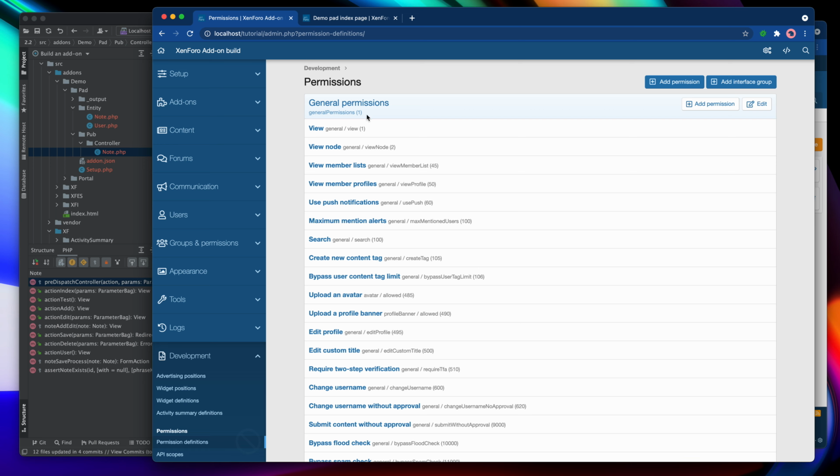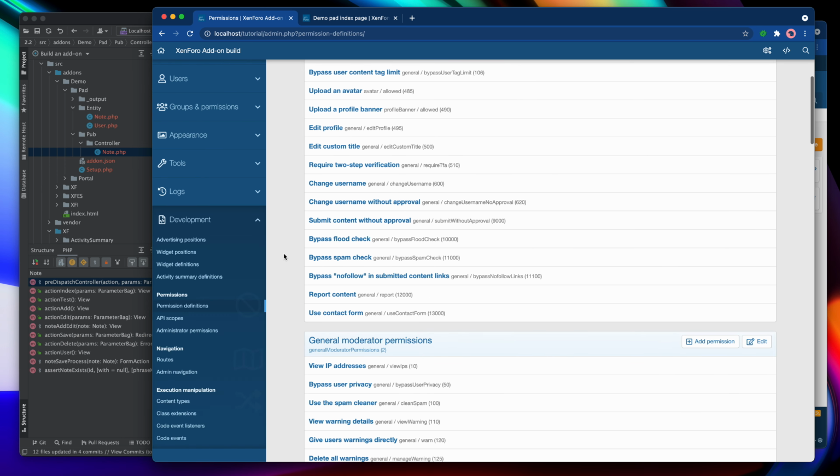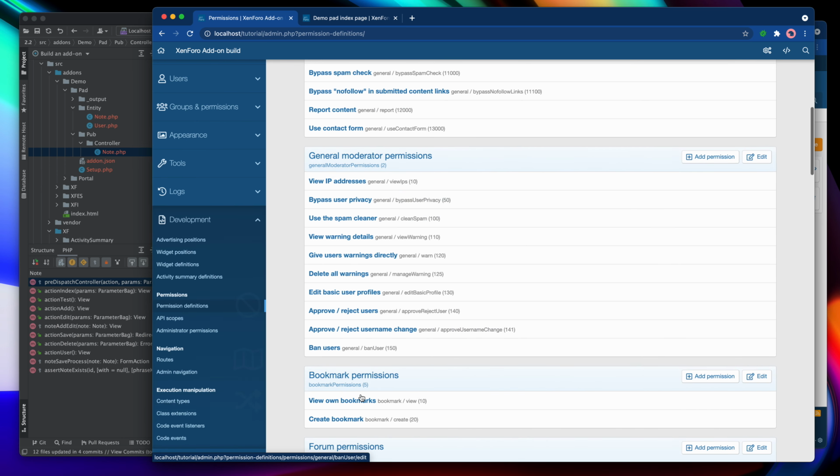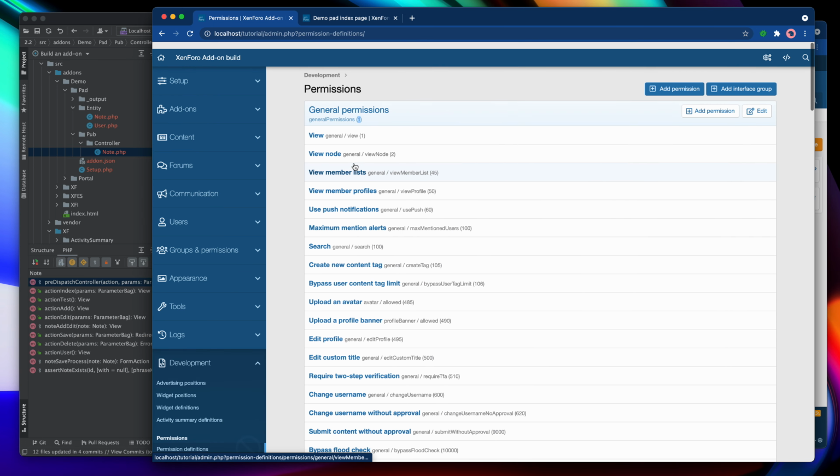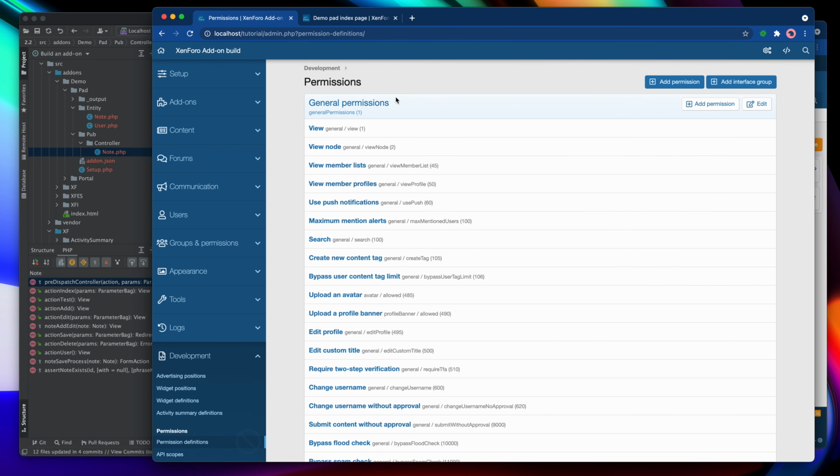Now you'll see that this has a little 1 next to it, and that represents the display order, so that's going to be displayed first on the page, and then we've got 2 and then 5. But what I want to do, just for the purposes of the demo, is I'm going to give it a very small display order so that it appears at the top of the page, but when you're doing your own, you should set something that is a little more sensible so that it doesn't interject itself right in the middle